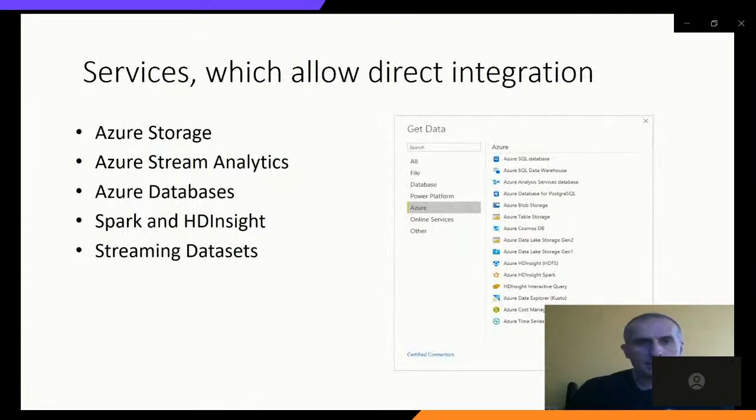Cosmos DB is a database as a service which works via endpoints using a RESTful interface, so it can be integrated with any other components which support such kind of communication. About Power BI, we have some services which are useful for integration because we have direct integration. Power BI can get data directly from Azure Storage, Azure Stream Analytics, Azure Databases, Spark and HDInsight, streaming datasets,